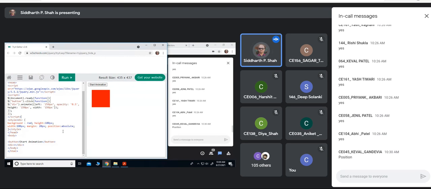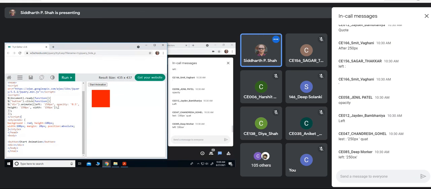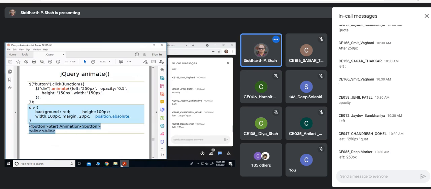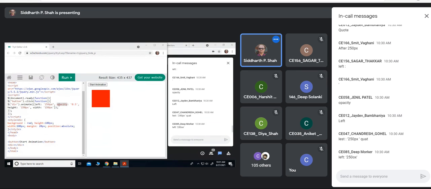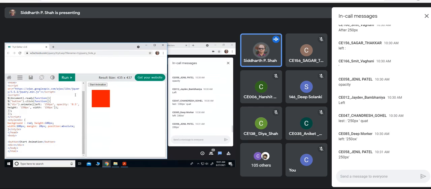At least it should change its height, width, and all those, right? Opacity. So what is the problem in opacity? It is not identified, right? So what is opacity? How do we provide it? Oh no, the quotes are the problem. Yeah, quotes are the problem. Correct. Fine.